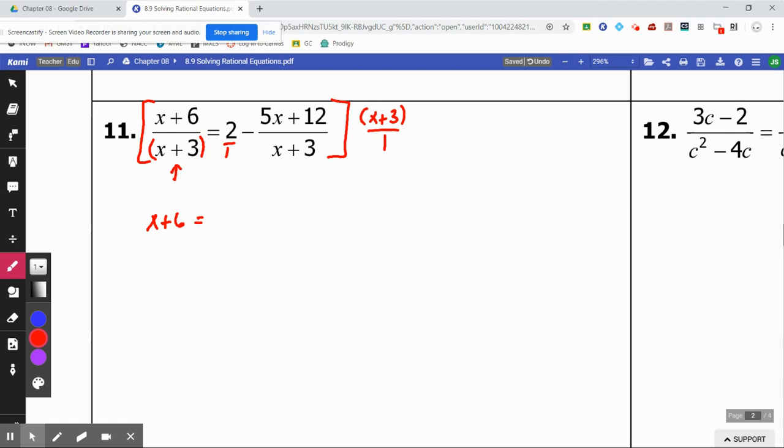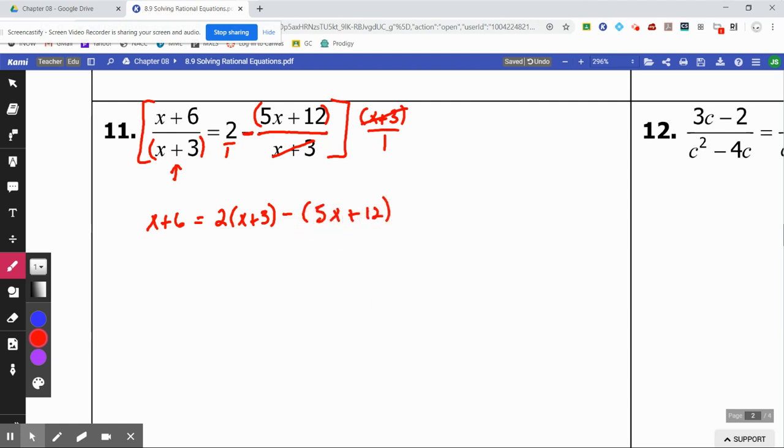Equals. When you multiply your second term by the x plus 3, nothing cancels, and it leaves you with a 2 and an x plus 3. Minus, when you multiply your third term by x plus 3, the x plus 3's will cancel. Now, here's where a lot of people will miss this. This minus, when you go to minus this top, you're going to minus the whole top, not just part of the top. So this whole fraction is being subtracted, so make sure you put this top in parentheses